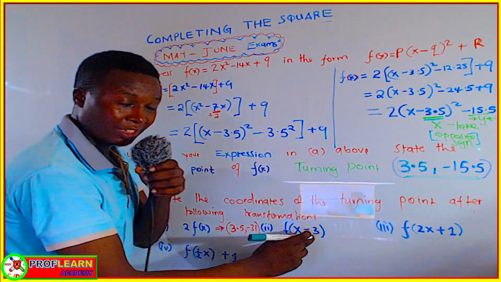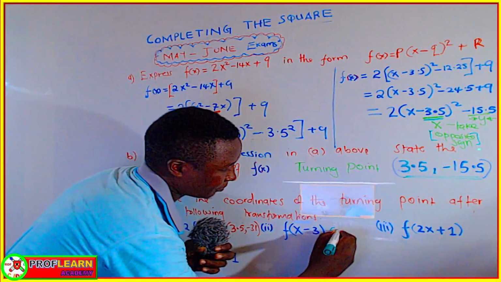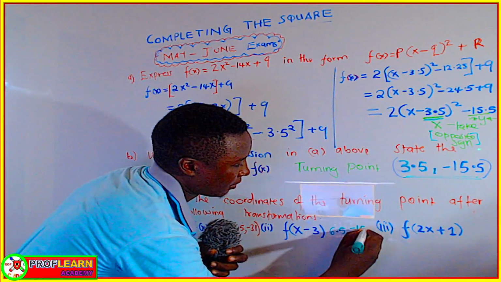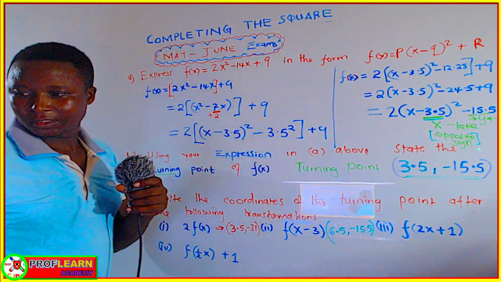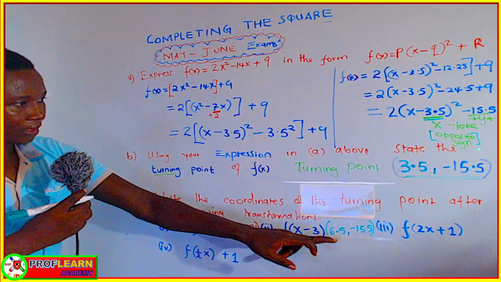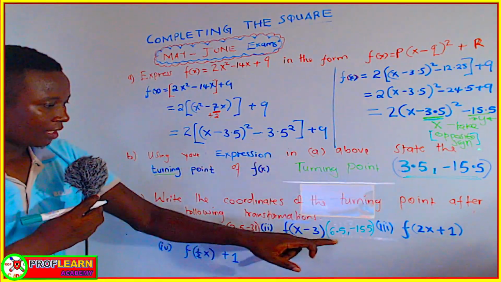Instead of subtracting, when you are doing x coordinate transformations, you are going to add, and this is going to be 6.5. The 15.5 remains the way it is. So this turning point after the transformation x minus 3 is going to become